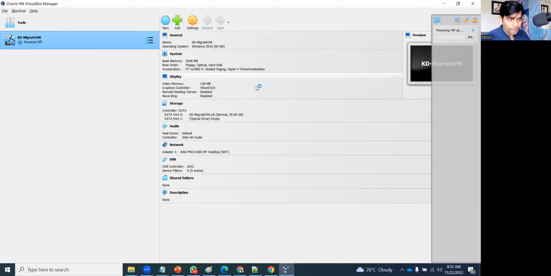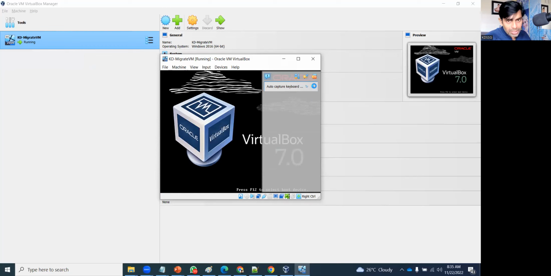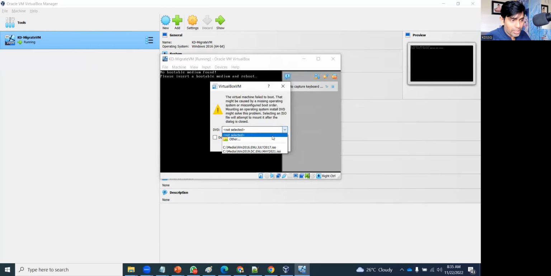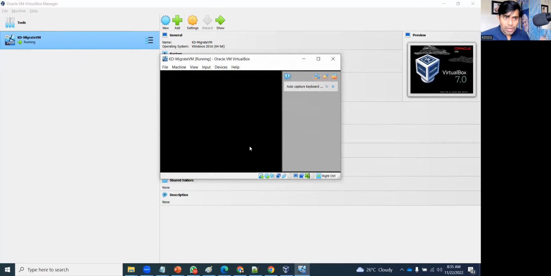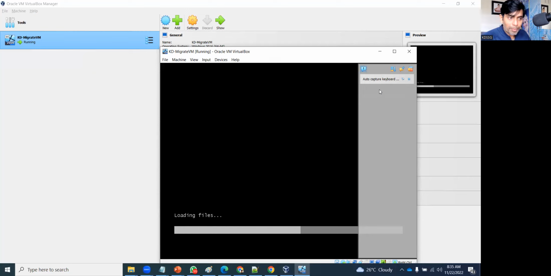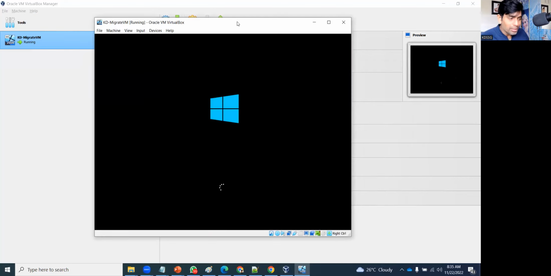Just a minute. The VM is starting. You provide the ISO file. So once the VM installation starts, you provide the ISO file, whatever I have, and then the operating system installation will start. So I'm building one operating system in my laptop. So I have got a requirement. Once this operating system is built,